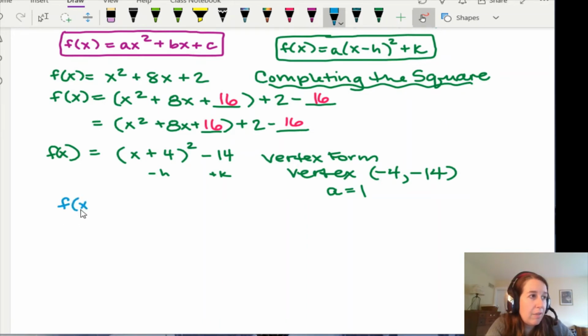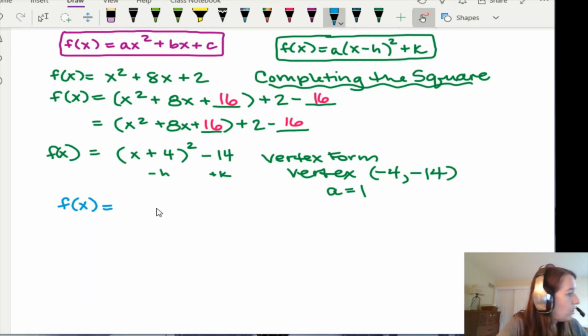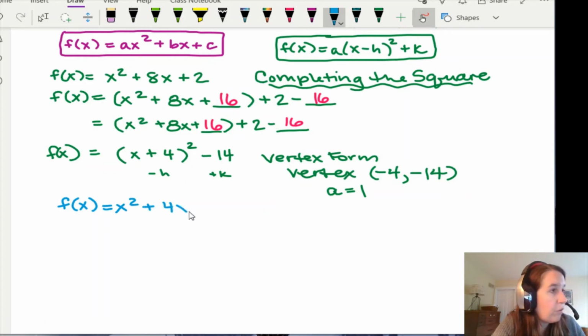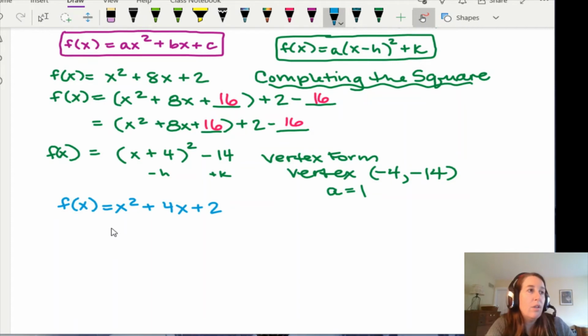So here we have f of x is equal to x squared plus 4x plus 2. Okay. So we're going to rewrite our equation using parentheses, x squared plus 4x, and then we're going to leave a little space for a number, and then plus 2, and then we're going to subtract whatever that number is